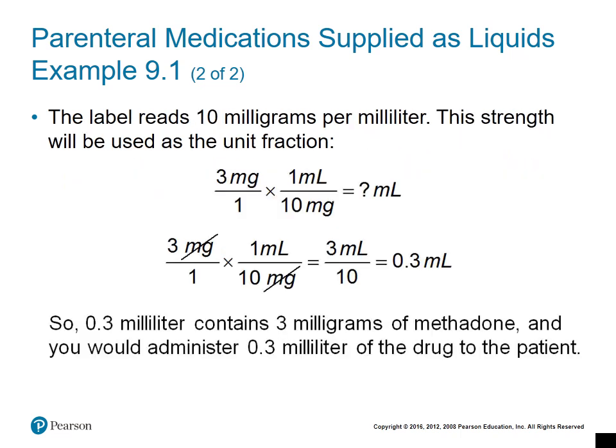Okay, so the label reads 10 milligrams per milliliter. This is the strength, and we're going to use that. That's our unit fraction. We take our order, so if you notice right here, here's our order, 3 milligrams. And we multiply it by the strength, and notice that the strength here, we have the milliliters on the top because we want the milligrams on the bottom so that we can divide them out. All right, so when we do this, the milligrams cancel out, and we're left with 0.3 milliliters, or 3/10 of